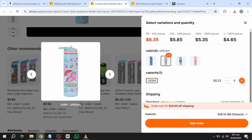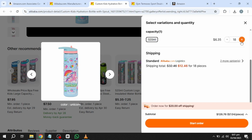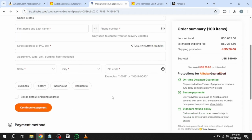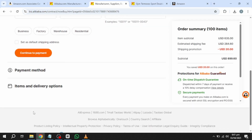Many suppliers can ship directly to Amazon's fulfillment centers, streamlining the process if you are selling through Amazon FBA. However, if you prefer to inspect the products before they reach Amazon, you can have them shipped to your location first. This allows you to check for quality issues, apply necessary labeling, or bundle products before sending them to Amazon's warehouses. Whatever option you choose, ensure that your shipping arrangements comply with Amazon's requirements to avoid any delays or issues